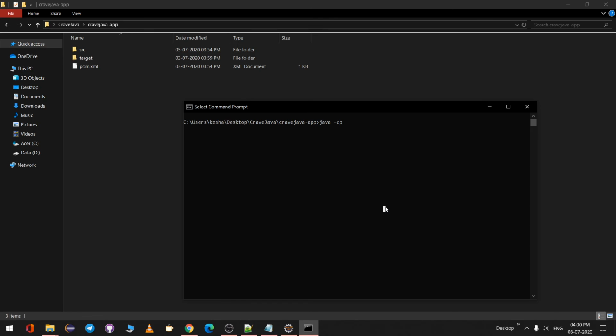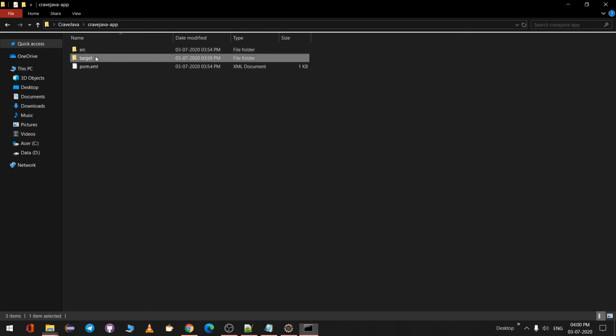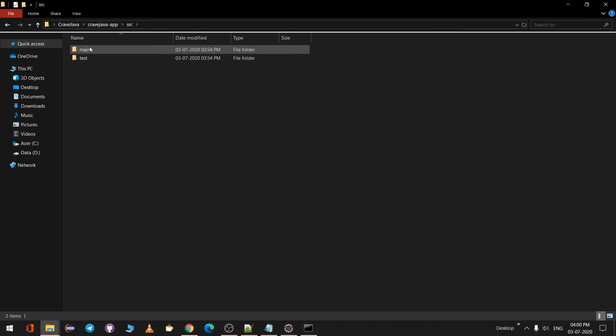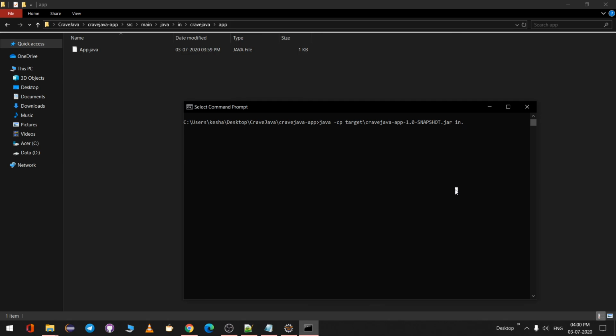So I'll say target slash, this is the jar file, and you have to say in dot crave java dot app dot app. If you do that, it says hello crave java users.